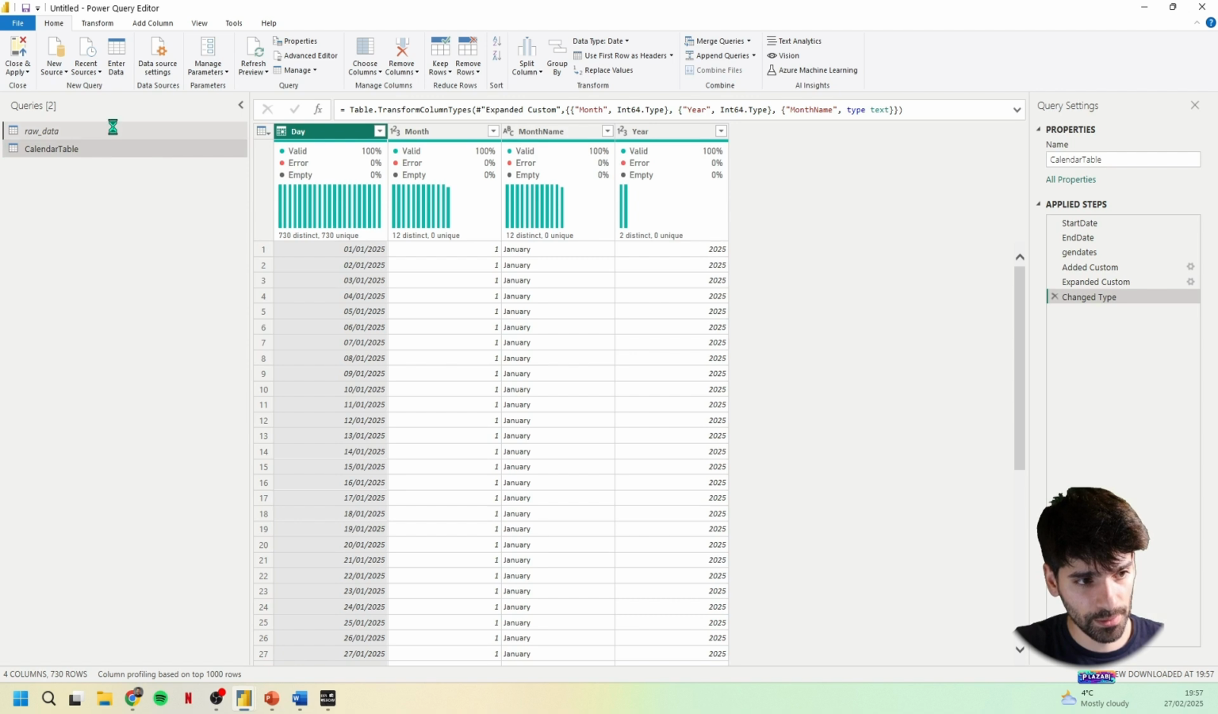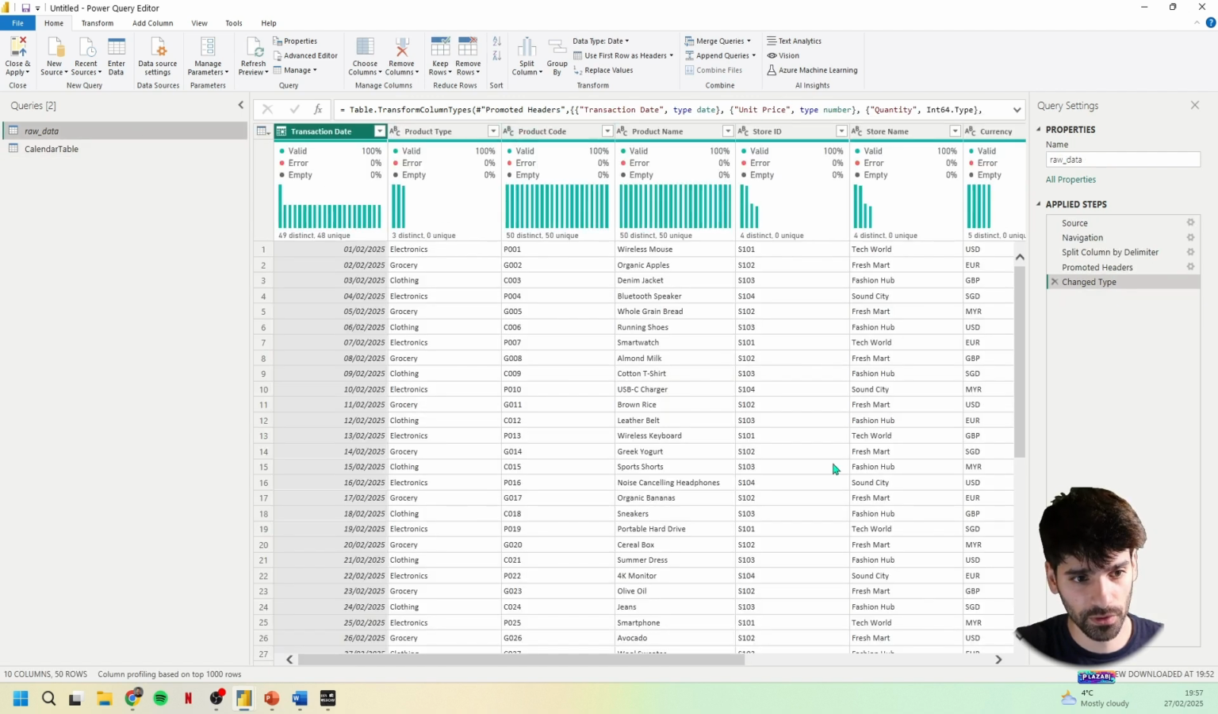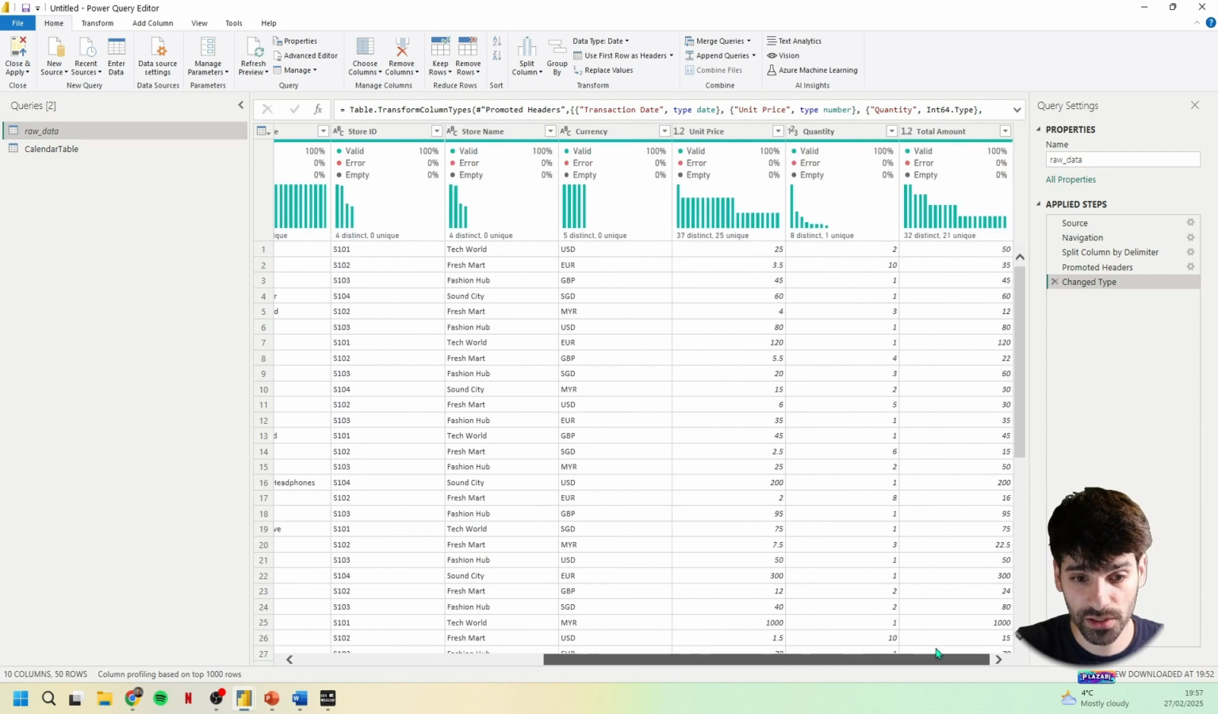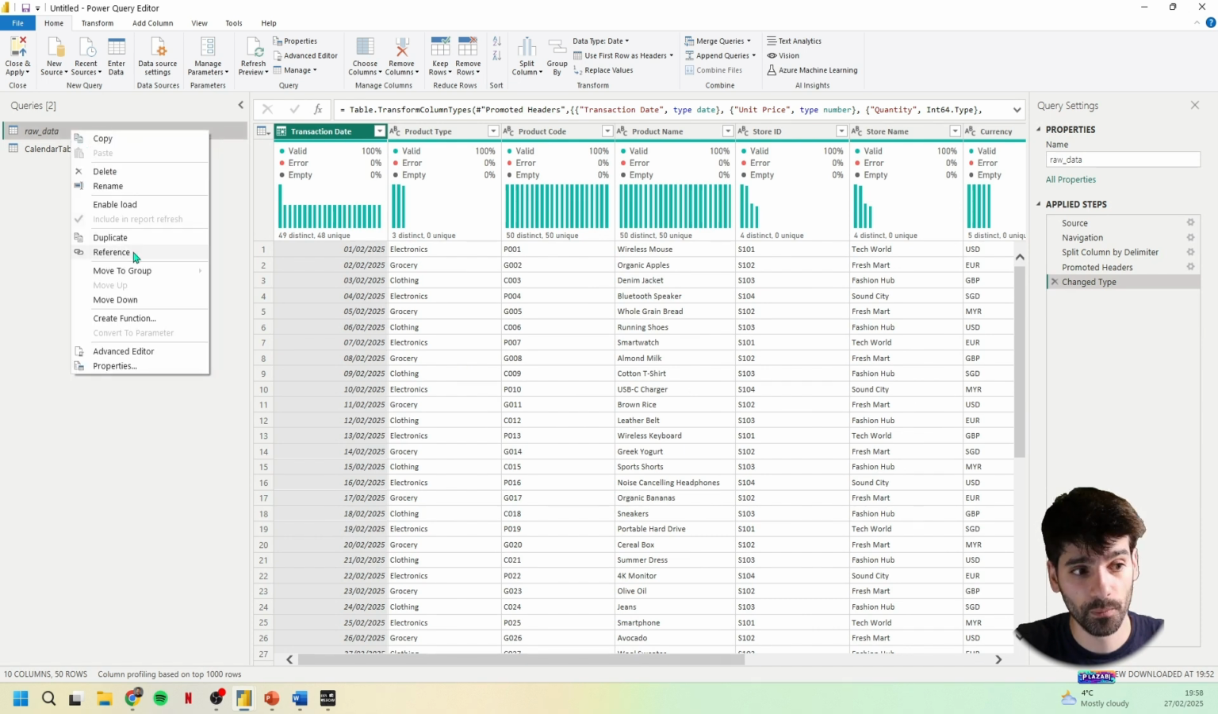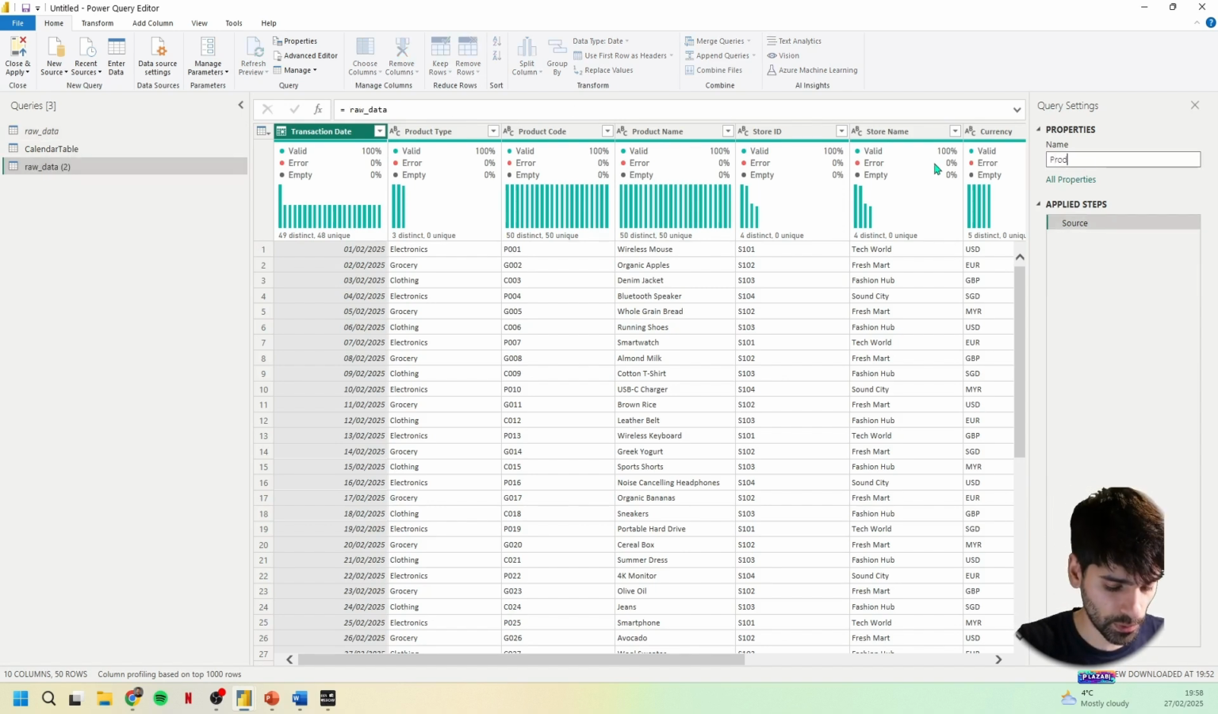Then the other dimensions, I want to get from the main transaction table. So I can see clearly that I have product type, product code, and product name. I can use that and create just one single table with the products. In order to get that, I will reference the main raw data. By using reference, I'm not duplicating or loading again the same table. I'm just pointing to that particular table that is already loaded in Power Query. So it saves me space. And I will call this product